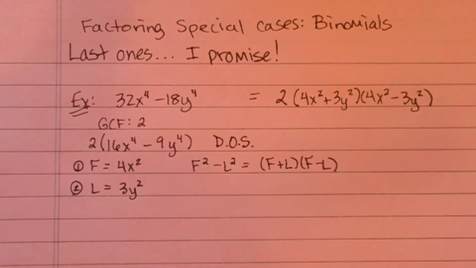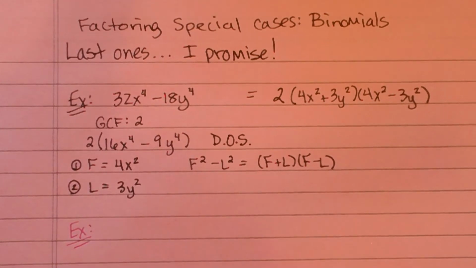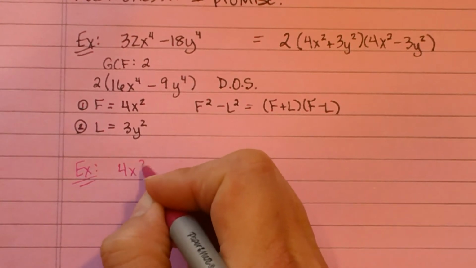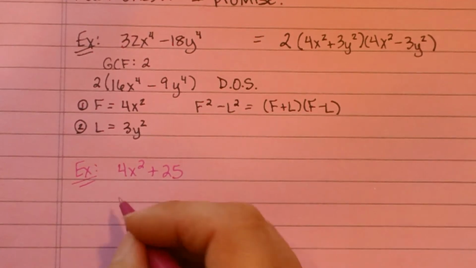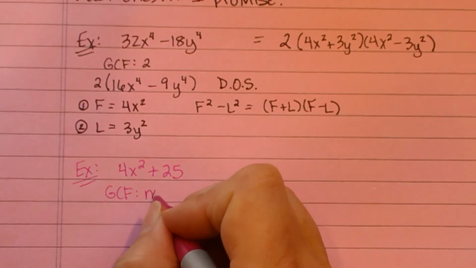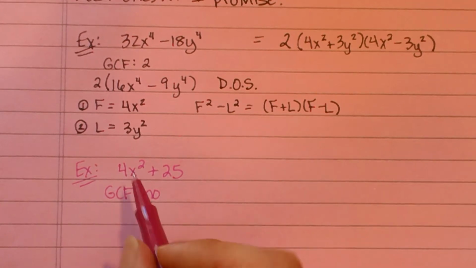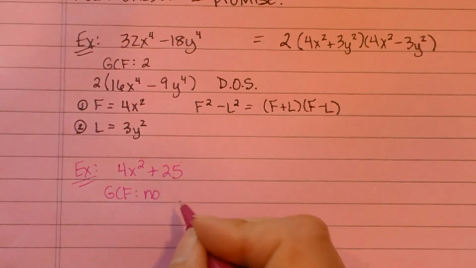Okay, that one was pretty fun. So let's go on to the next example, which is going to be, hope you can see this color, it's a little difficult, 4x squared plus 25. We're going to start, of course, by looking for greatest common factor, and there is not one. And then we look to see if those two terms are perfect squares or perfect cubes, and if it's addition or subtraction. Looks like we've got a perfect square here and a perfect square here with addition,